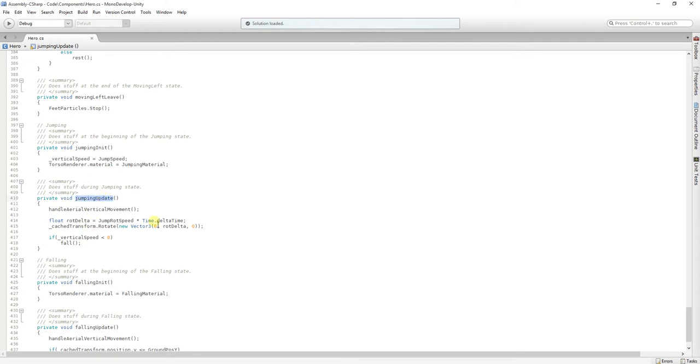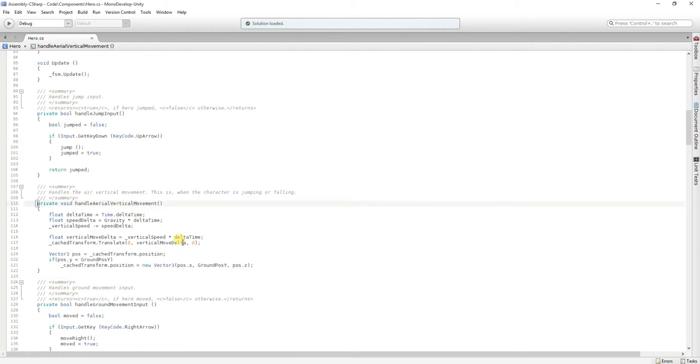Each frame, when we are in jumping state, we are going to use this method that handles aerial vertical movement. Here we get the delta time, and here we have a speed delta. This is how our speed is going to change each frame because of the gravity, that is an acceleration going down. So we multiply that by our delta time, and we have our speed delta, and then we subtract this value from our vertical speed,